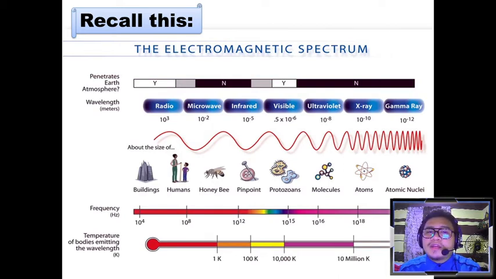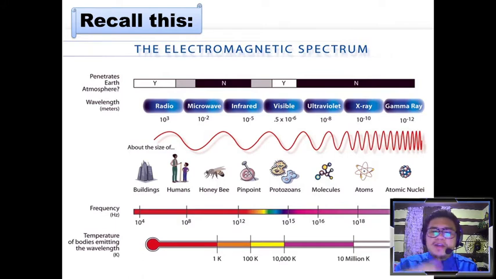But if it is arranged in the order of decreasing wavelength, it's still the same way around. It's still from radio waves to gamma rays because gamma rays have the shortest wavelength. But if we arrange the electromagnetic waves into decreasing frequency, it's now a reversed process. It's from gamma rays to radio waves because radio waves have the lowest frequency. And in our previous lesson, we even described the relationship between these three properties. That is, the higher the energy, the higher the frequency a wave carries, and the shorter is its wavelength,